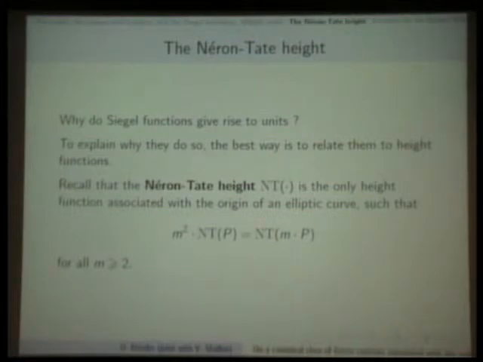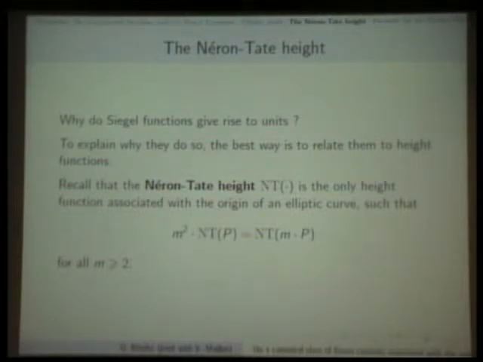So now I've explained what I have in mind, but in order to have a pointer into the direction in which one should go in order to get these objects on abelian schemes, it's important to understand why the Siegel function, of course, gives rise to a unit. I mean, that's rather basic. And here I'm going to explain why that is so. I mean, outline the proof. And it's a slightly non-standard proof, although the existing proofs can certainly be interpreted as being special cases in this way. So the first thing is that I'd like to recall some results about a very classical object